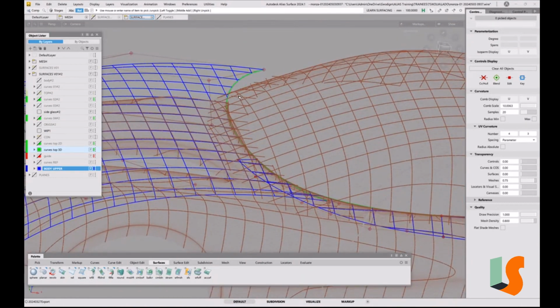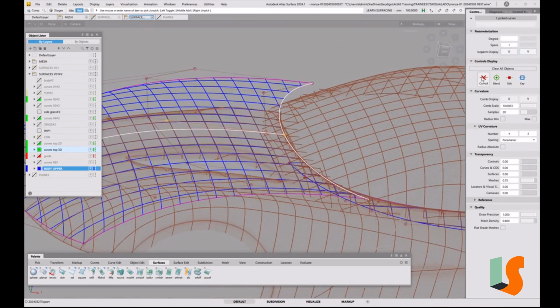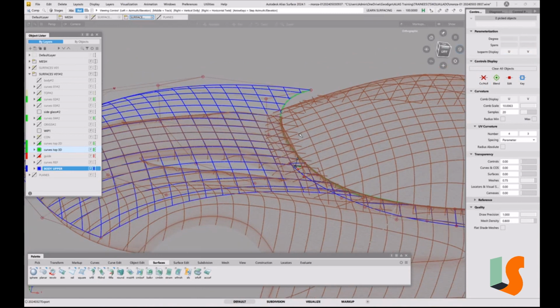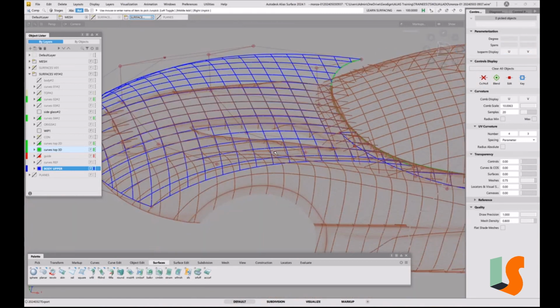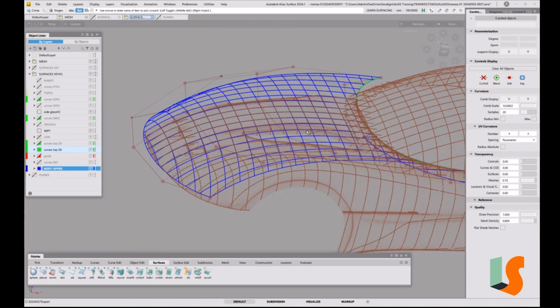So let's take all of the CVs off these curves. Where have the curves gone? That one there. What we wanted to do is we don't want to, in trying to get to the data, we also want a smooth shape. So we don't want to create something that's not smooth. So you've got to be careful with your CVs. The other thing is, if I start moving this around,